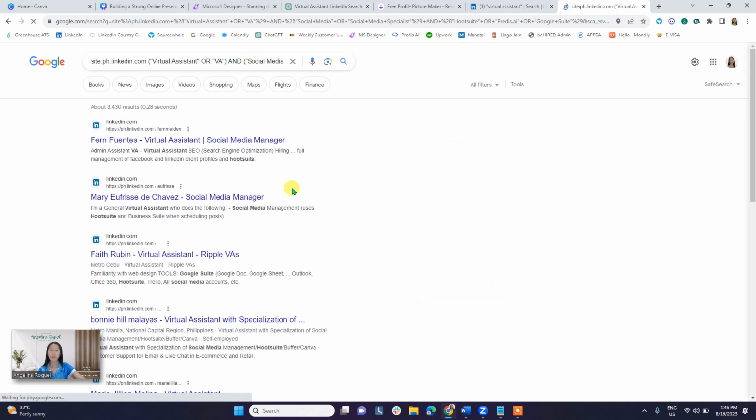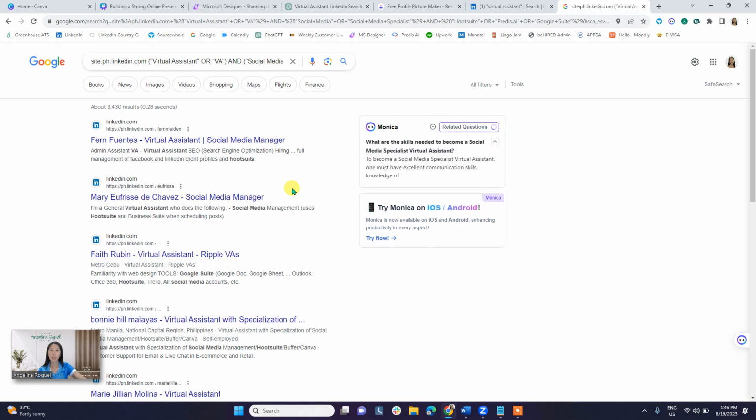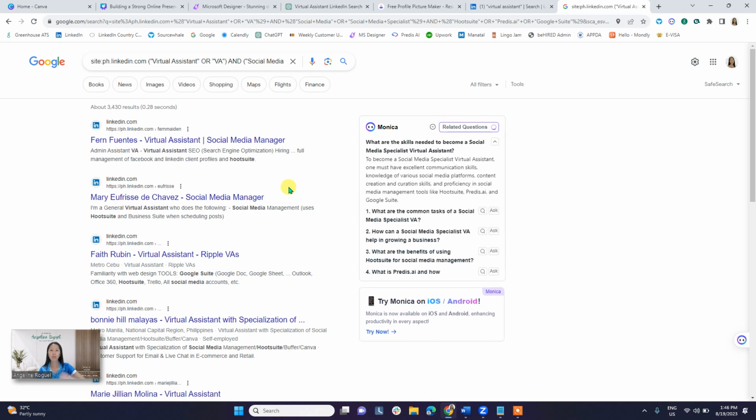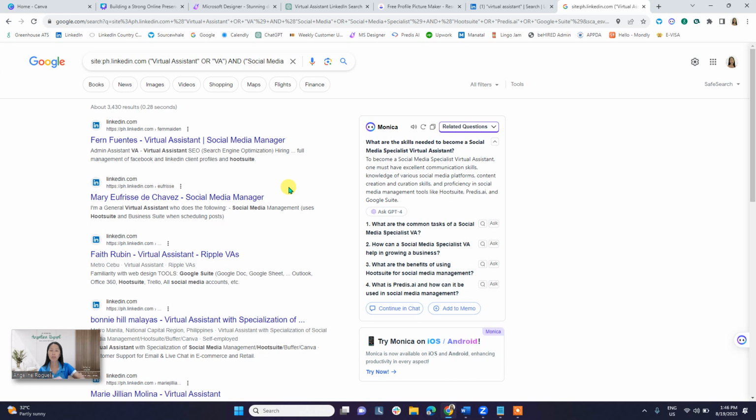And there you go. So these are all the virtual assistants with experience in social media, with Hootsuite, Reels, TikTok, all the keywords that I provided or fed them. So amazing, isn't it? Can you imagine what the effect will be on you if you have a strong online presence, if you have the correct keywords in your profile,